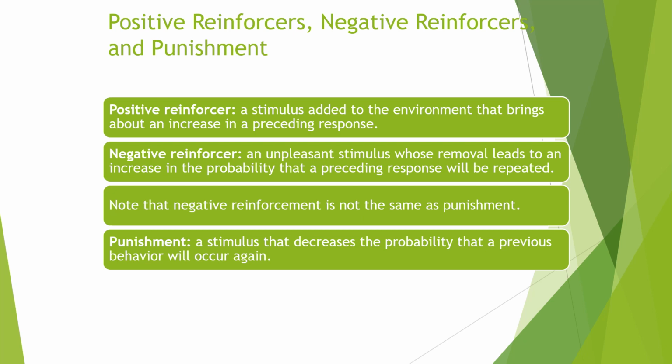Negative reinforcement. Let's say that you have chores to do, and no one likes doing chores, right? So your parents tell you that for every A you get, they're going to take away 3 chores for a month. See how they're taking away an unpleasant stimulus. They're taking away chores to increase the likelihood that the behavior is going to occur again, that you're going to continue to get good grades.